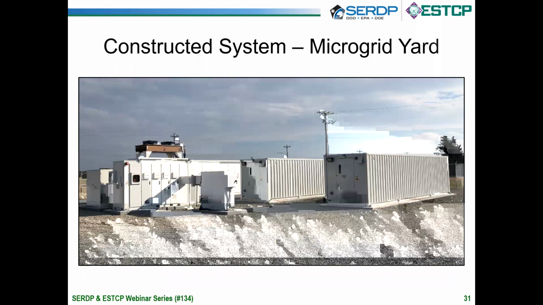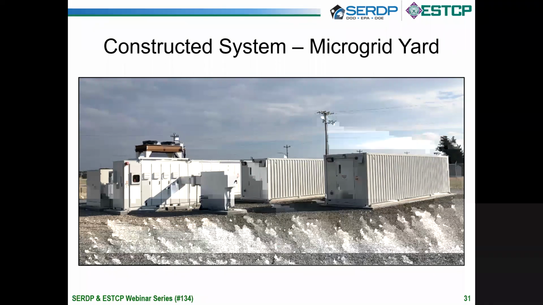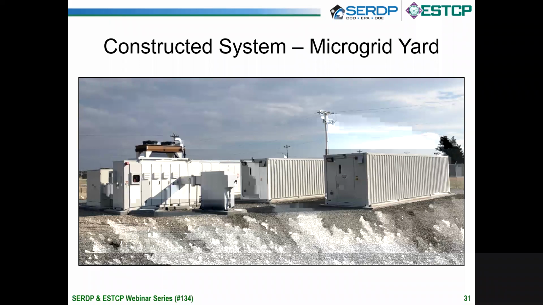So ultimately, we had to build the system, of course, and we did. And what you can see on the screen here is the microgrid yard. The microgrid yard consisted of the battery storage system. The two large 40-foot ISO containers on the right both contained the batteries we used. On the left, with the heat exchanger on the top, is the 2 MVA inverter and the DC combiner that